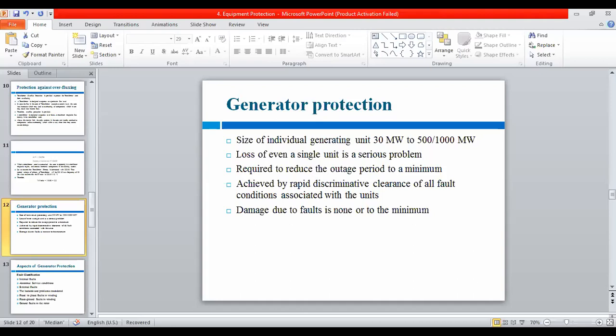Then the next point is generator protection. Today we'll see the generator protection. All of you know the generator. We are using generators at all the generating stations. So for this generator, if we consider,